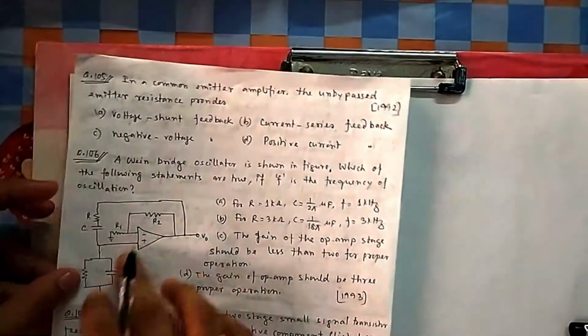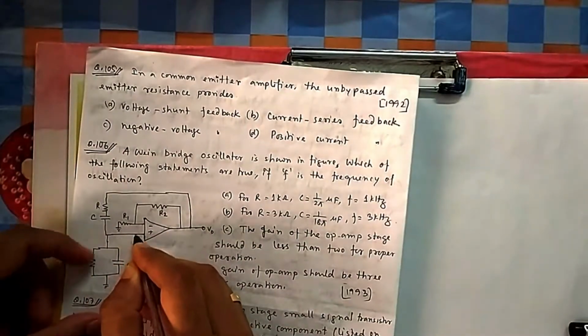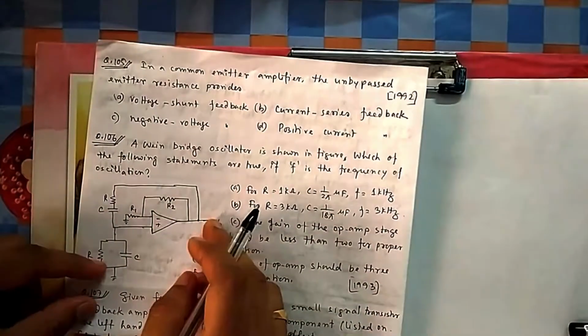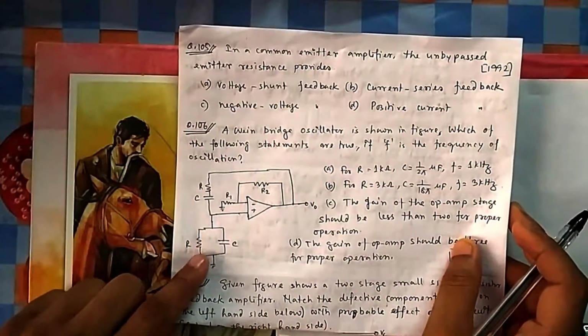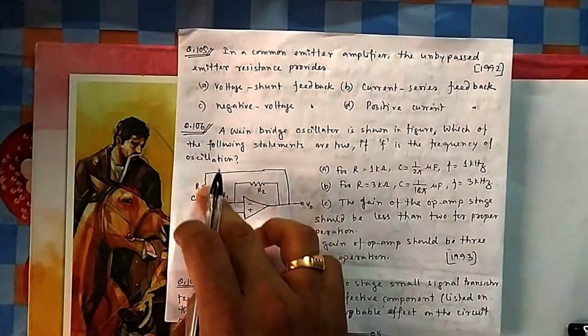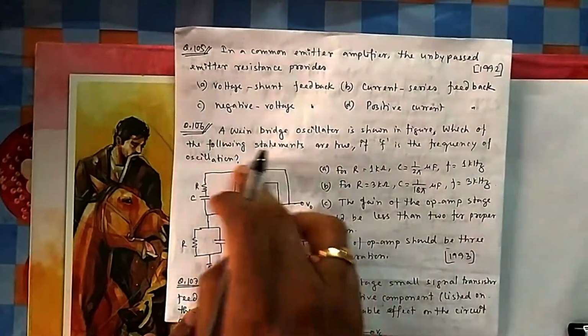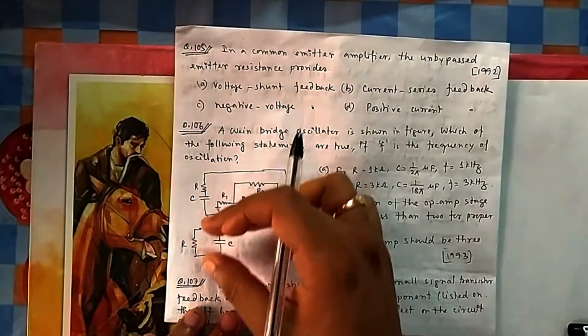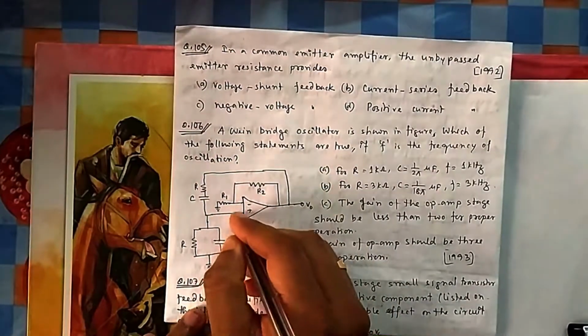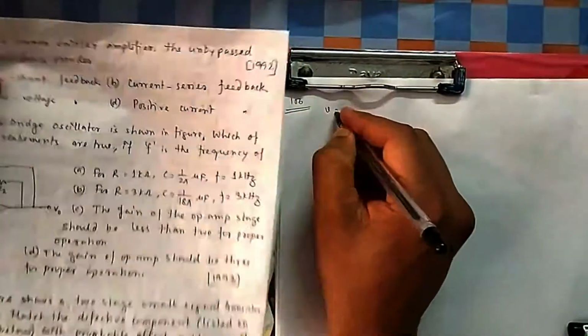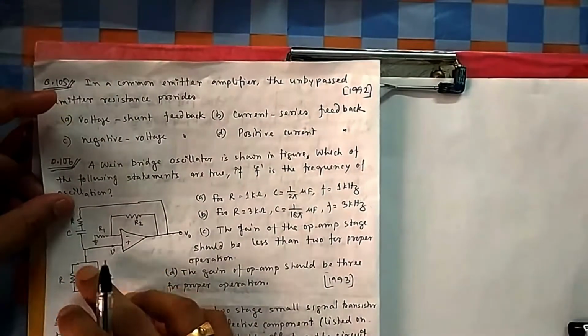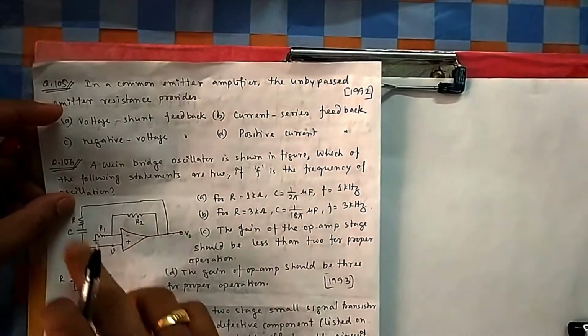So if you see this one, how much portion of V0 is coming here, what is the potential here? You can see the voltage is divided by this impedance and this impedance. There are two impedances, one is series RC, one is parallel RC. So you see this path from V0 up to this point. V0 is divided by voltage division into this voltage and this voltage, and we are calculating this voltage. Suppose I mark this voltage as V. So what will be my V? It will be V0 times Z2 divided by Z1 plus Z2.